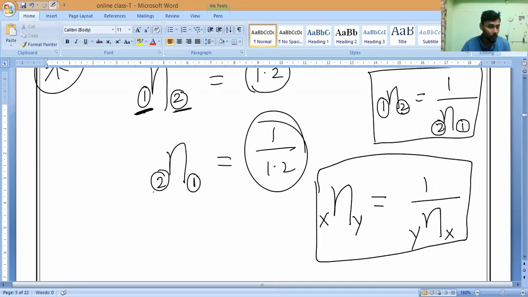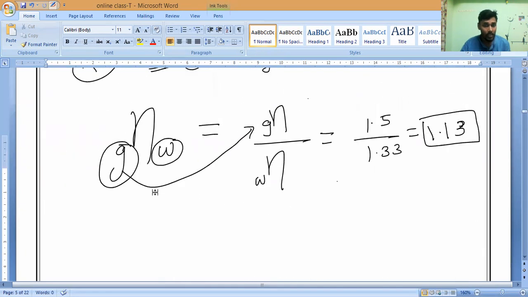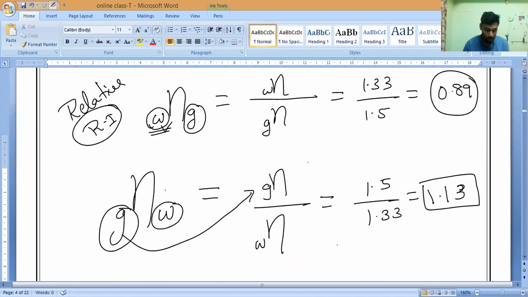This is one new type of question. Now, absolute refractive index. Can I give one question? Actually, my students can ask. Can you answer this question? This is regarding absolute refractive index, not relative refractive index. Can I read the question, guys?